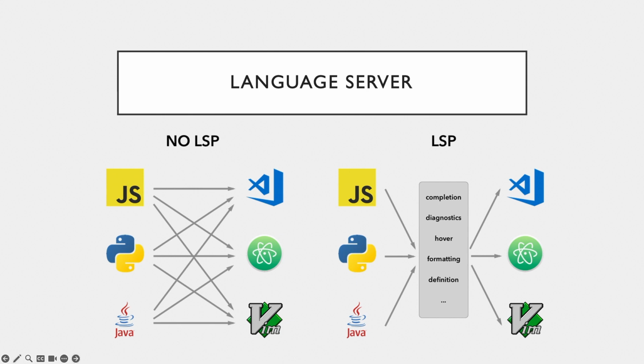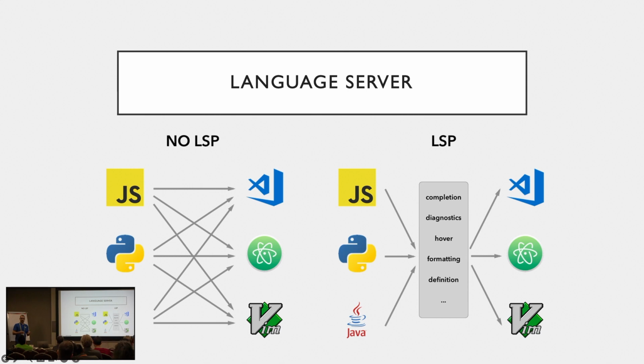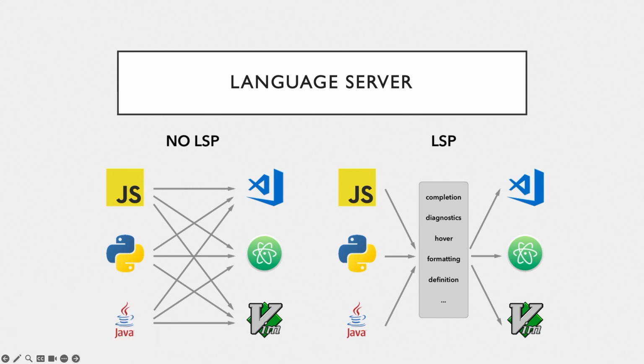If you don't have a language server and want to work with JavaScript, for example, or Java or Python or whatever the language, you have to write one extension for VS Code, for Atom, for VIM, for Eclipse, for whatever it takes. And you have to use the API which is provided by the IDE. You have to rewrite a lot of things to make that work for this specific IDE. It takes a lot of time. You rewrite the same thing again and again and again and just make some minor modification.